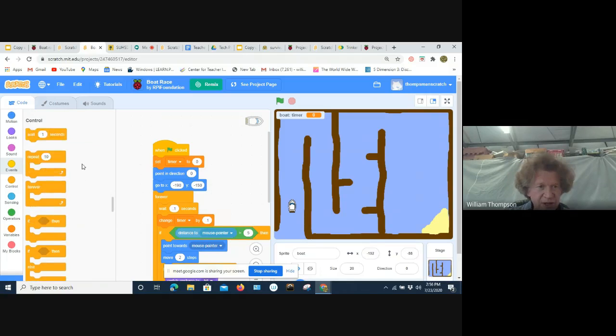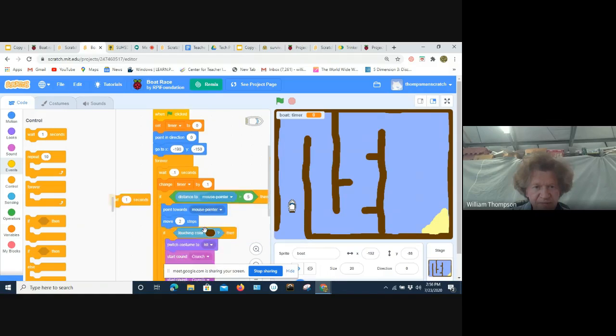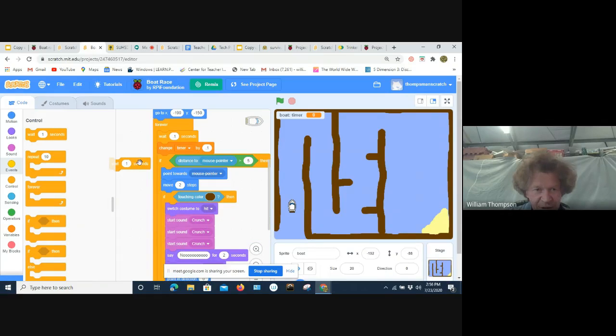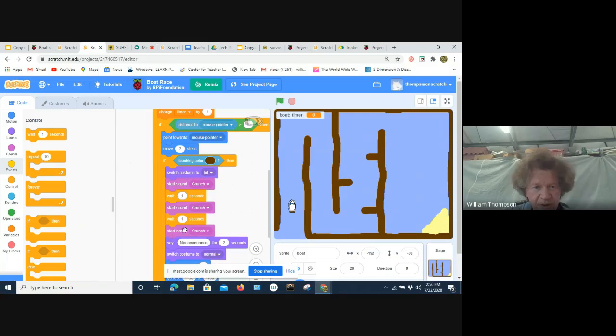And then also, remember that unsatisfying crunch sound? I'm going to change these to maybe 0.3 seconds. I'll see if I can get my crunch sound to not sound all like one crunch by putting some waits in between it.